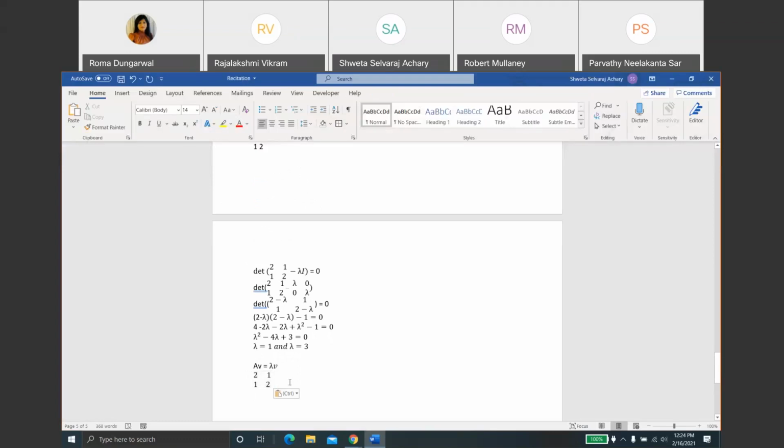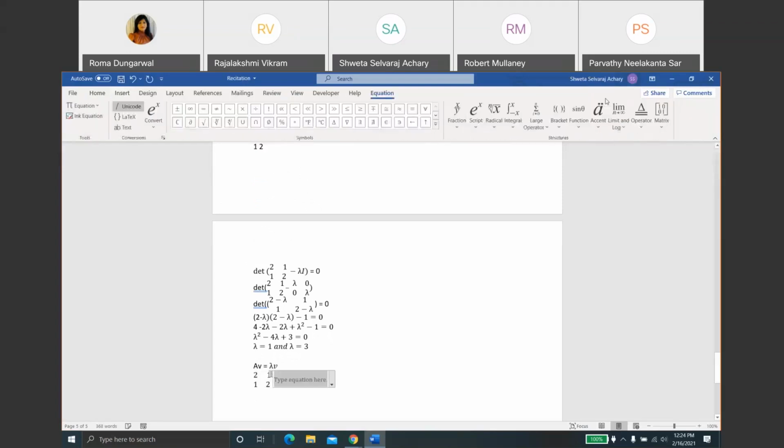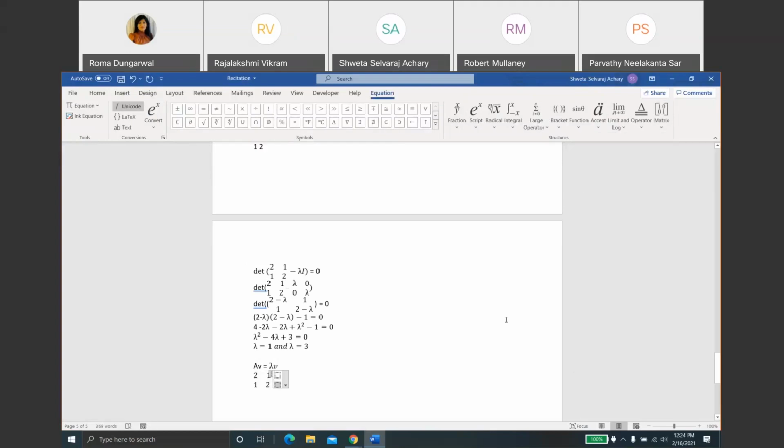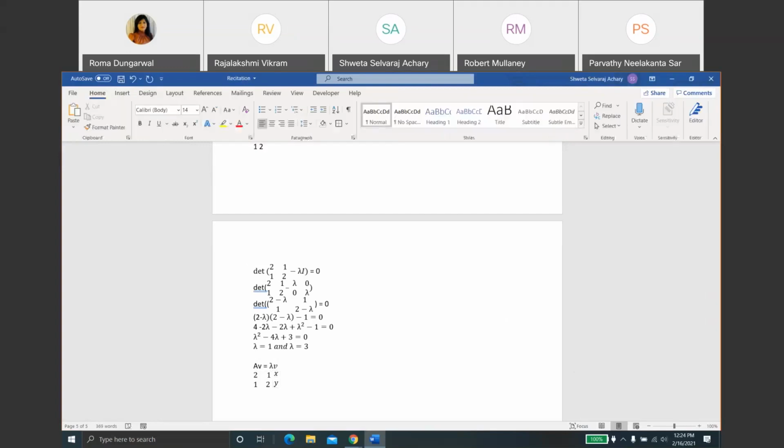So it is a vector x comma y, let's assume, and we will find the values of x and y. A into V is equal to lambda. Our first lambda is 1, so it will be 1 into this vector